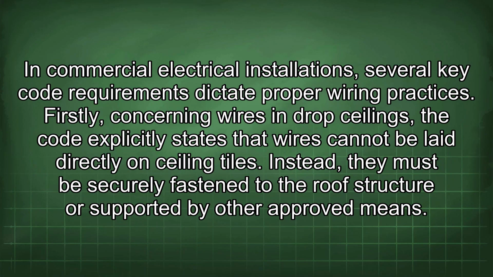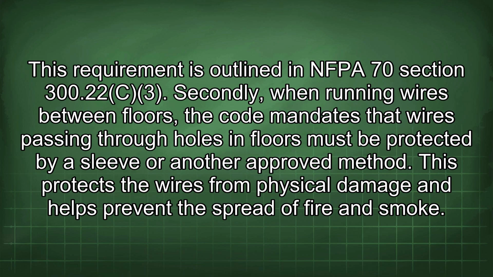In commercial electrical installations, several key code requirements dictate proper wiring practices. Firstly, concerning wires and drop ceilings, the code explicitly states that wires cannot be laid directly on ceiling tiles. Instead, they must be securely fastened to the roof structure or supported by other approved means. This requirement is outlined in NFPA 70 section